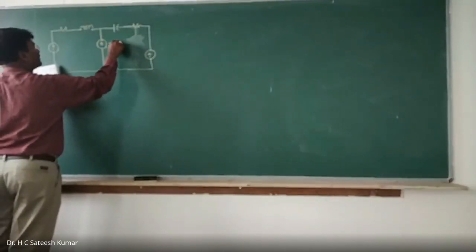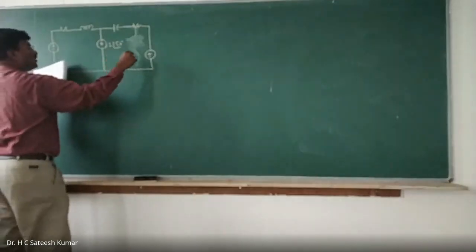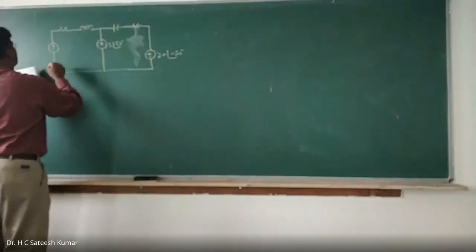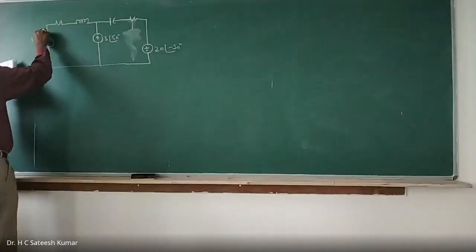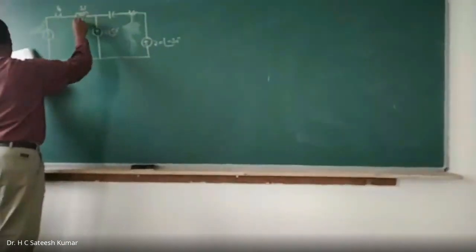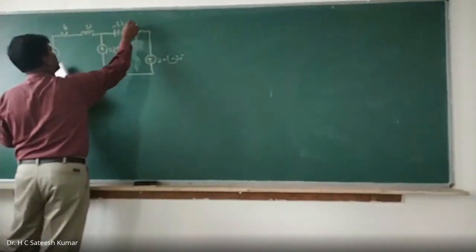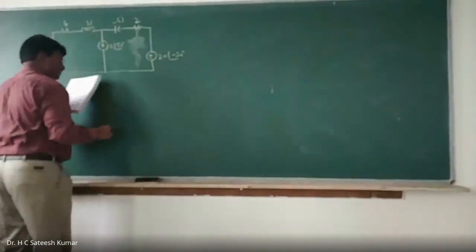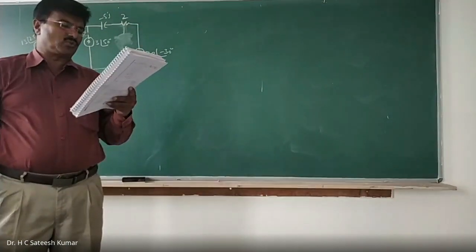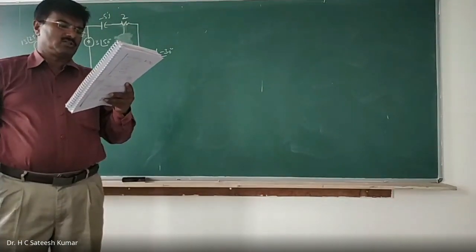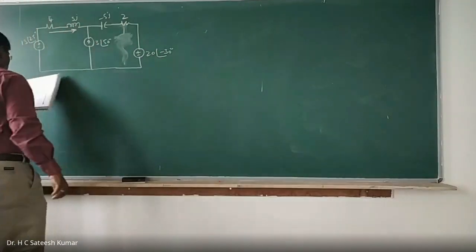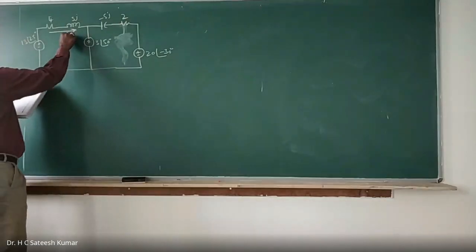At an angle of 50 degrees, 20 at an angle of minus 30 degrees, 13 at an angle of 25 degrees, 4, 3j, minus 5j, 2 ohms. The question is something like this. By using superposition theorem, find the current through the 4 plus 3j impedance as shown in the figure. That means this current, in this direction, we need to find out. Let us call this one as Ix.